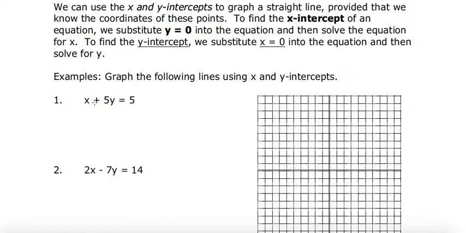So the first thing you want to do is substitute 0 in for y, and then solve for x. So we are going to put x plus 5 times 0 equals 5. And then 5 times 0 is 0, so we're just left with x equals 5. So now we know that the x-intercept, if we were to write this as a coordinate, would be (5,